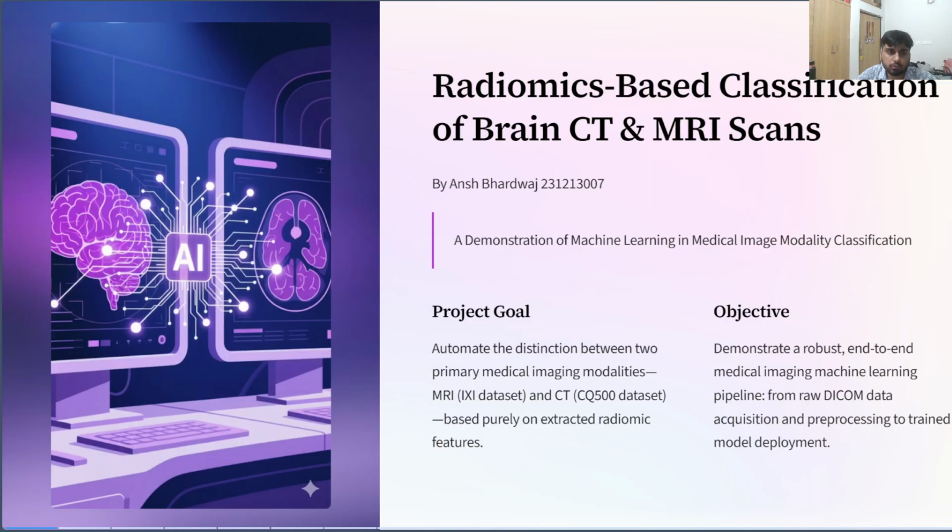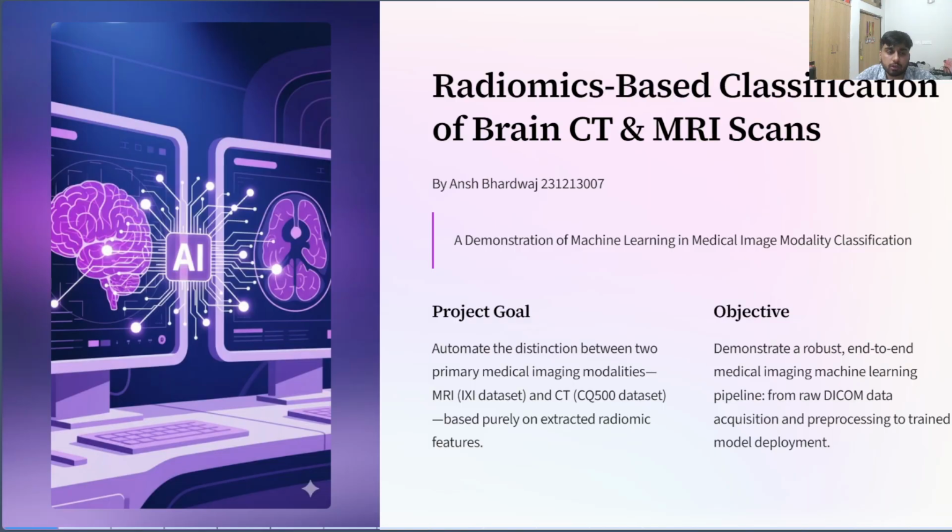So, my work began on a very practical observation that in medical research repositories and hospital archives, we often encounter thousands of brain images where metadata are missing, mislabeled, and inconsistent. Knowing whether a file is CT or MRI is fundamental before any further analysis. Rather than manually verifying or relying on DICOM tags, which is Digital Imaging and Communications in Medicine tags, I wanted to build an automated system that can distinguish CT from MRI scans directly by looking at image characteristics themselves without